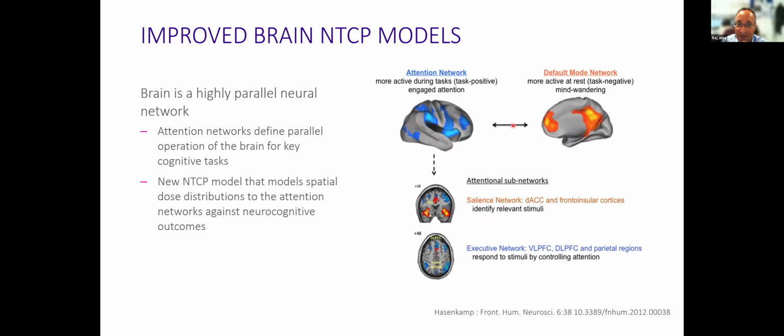And then a stimulus comes along that flicks you into some kind of attention task. So the first thing you need to do is to work out that you've got a stimulus that you need to respond to, and then work out what you're going to do about it. So a salience network, and then the executive network that says, oh, okay, I just heard the kettle boiling, I'm going to go and make my cup of tea, sort of thing.